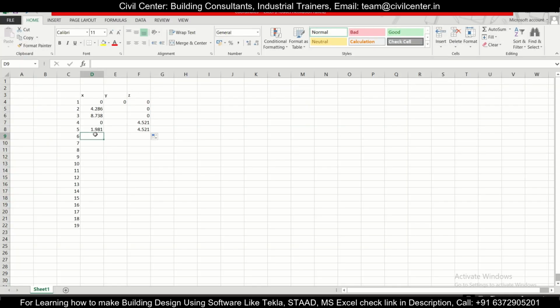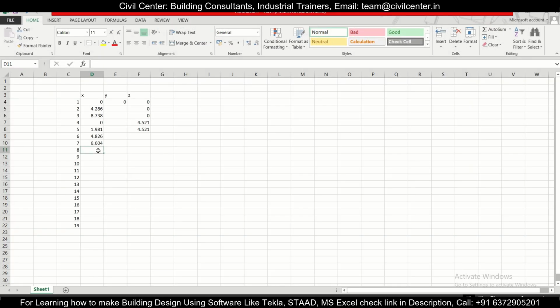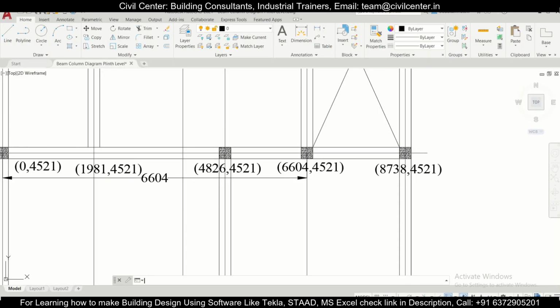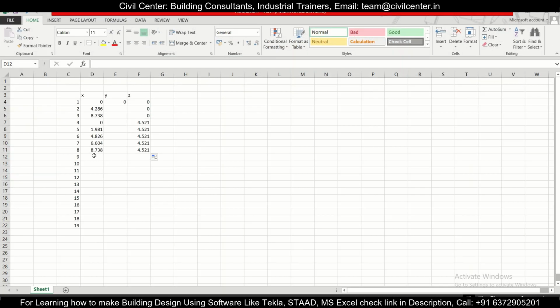So just write here 4.826, 6.604, and then 8.738, 8.738, and then the next point which we'll have here is 0 comma 6.609, 6.609, 0, and then the next point will be